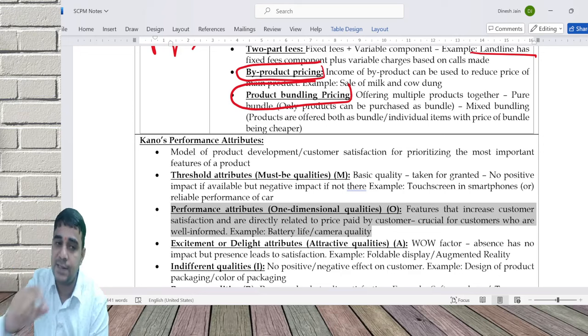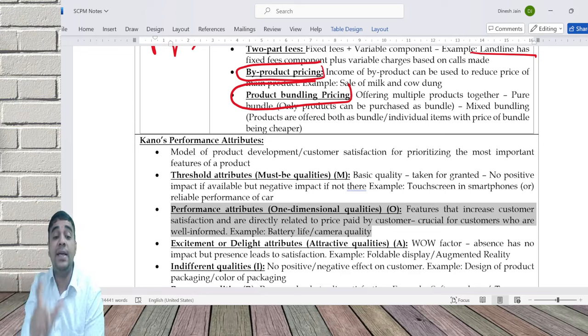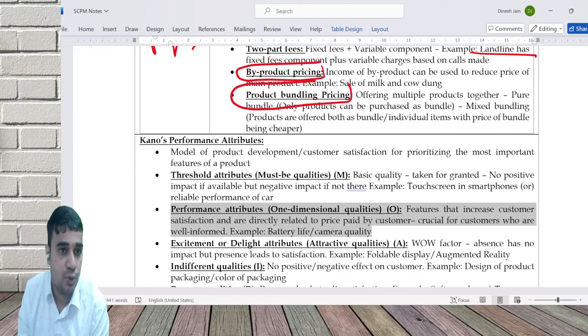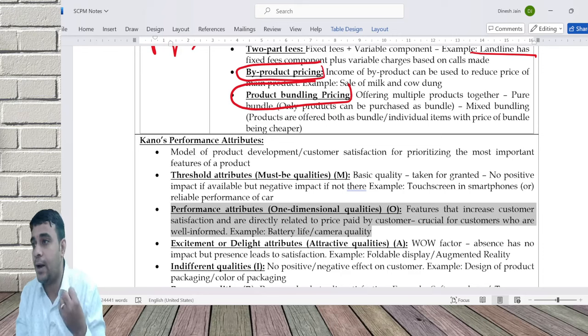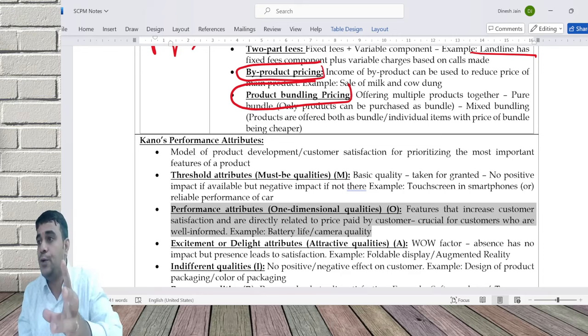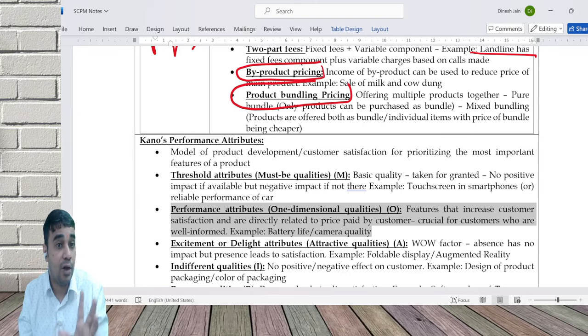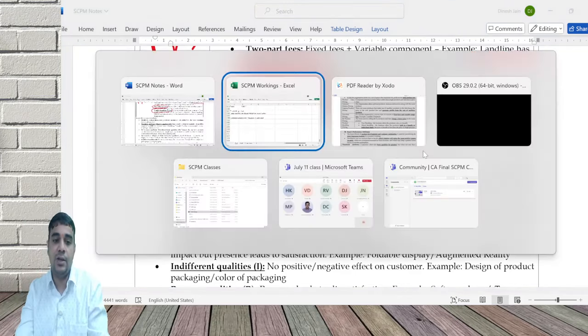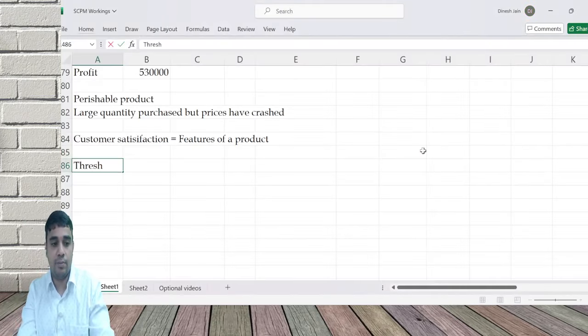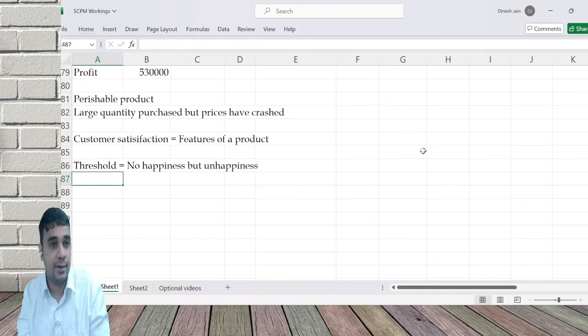Beyond that, if you can spend more, your price is directly proportional to this. Then comes the excitement factor. What is the excitement factor? It is something which, when I give it to you, gives you happiness. If not given, you are not unhappy. Understand this. Threshold: no happiness, but unhappiness can get created. One dimensional,